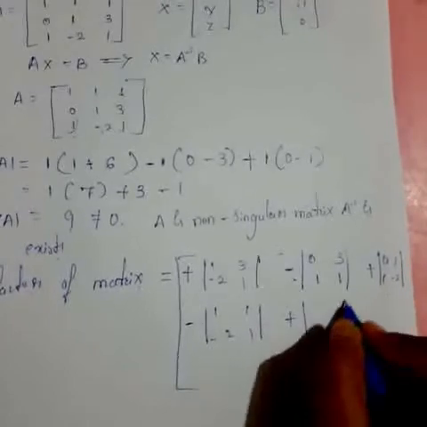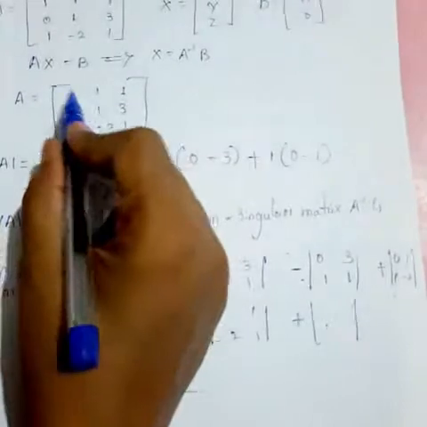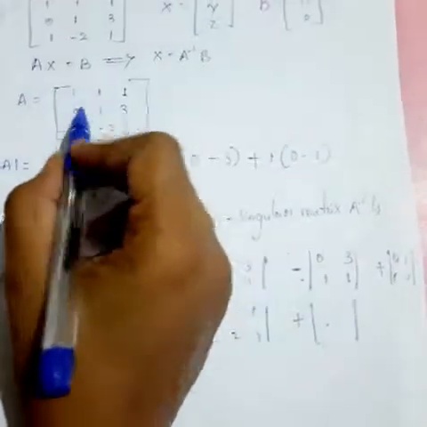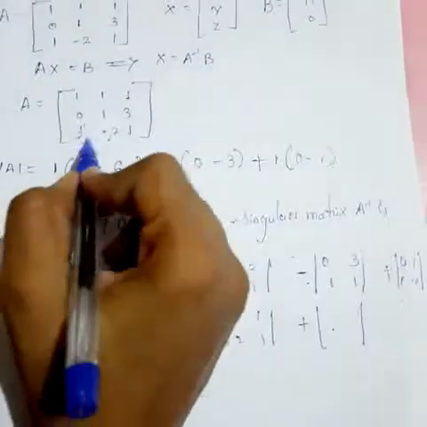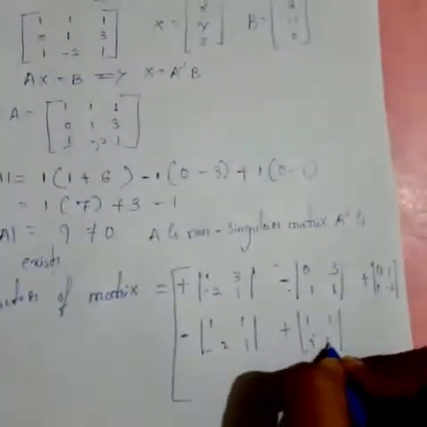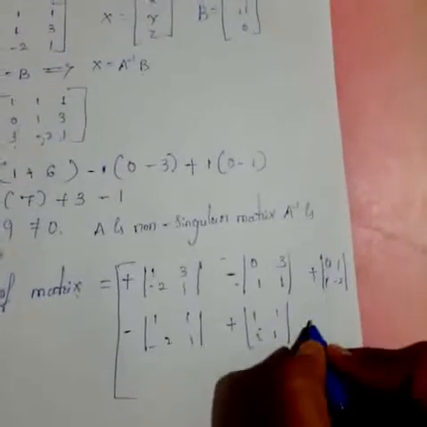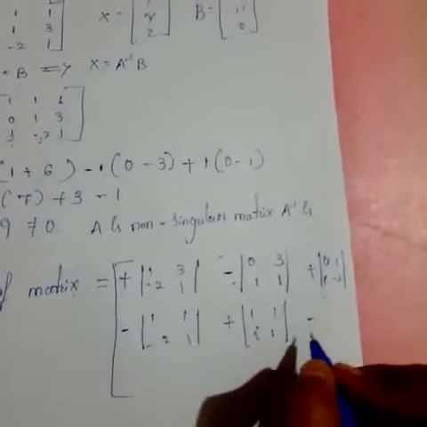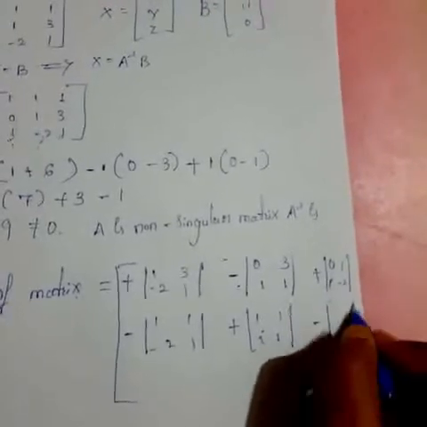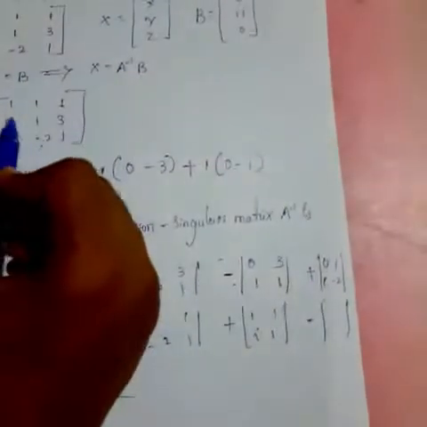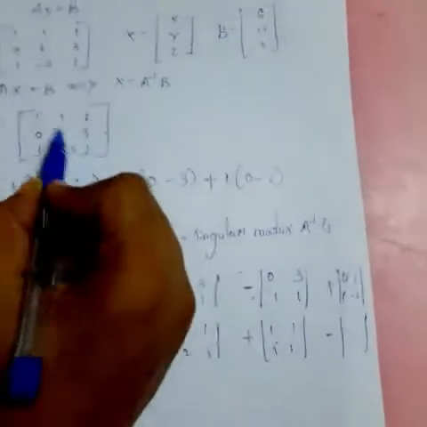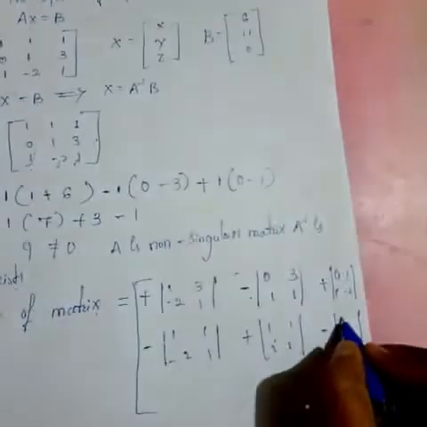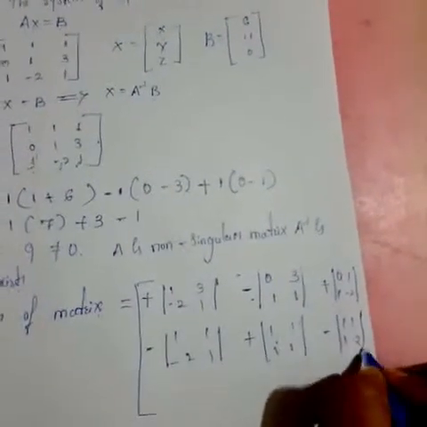similarly, these values are nothing but A22, which means second row second column. The remaining elements are what? Leaving out the second row and second column, 1 1 1 1 1 1. Next, what is the alternating sign? Now plus is there, so next a negative should come. This element is nothing but A23, second row third column. Second row third column means you will get 1 1 and 1 minus 2.